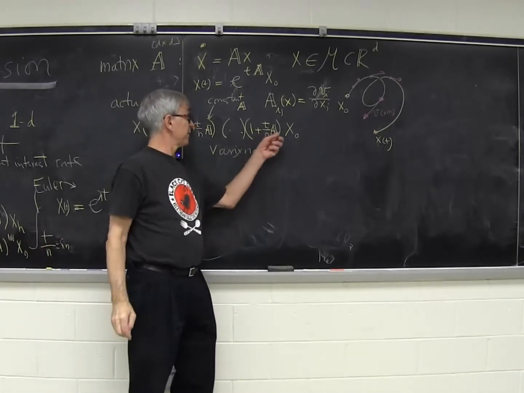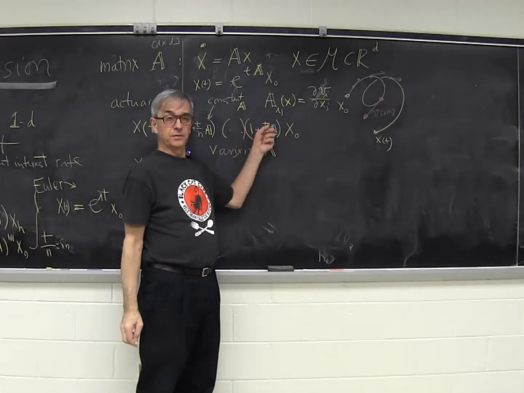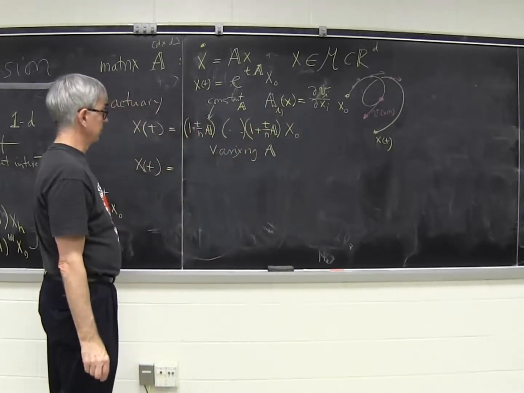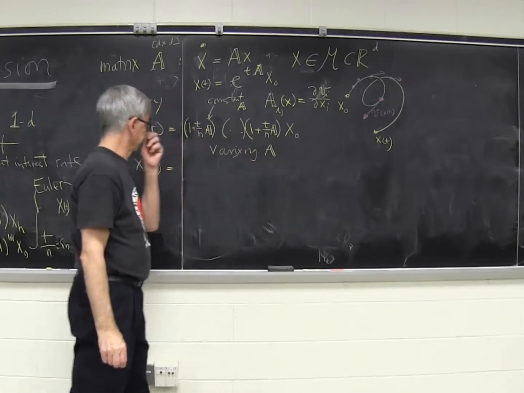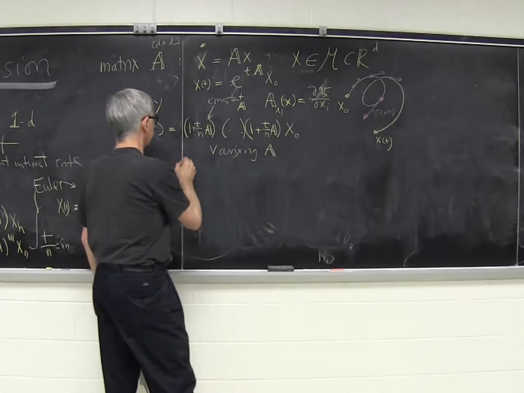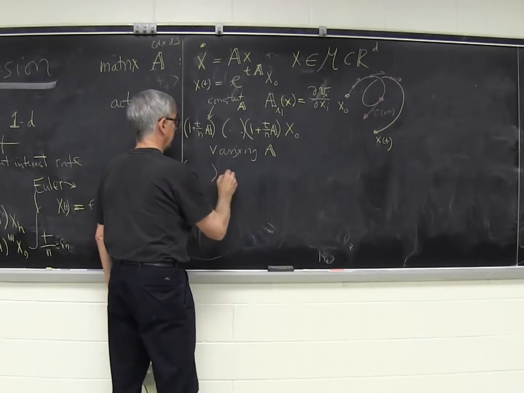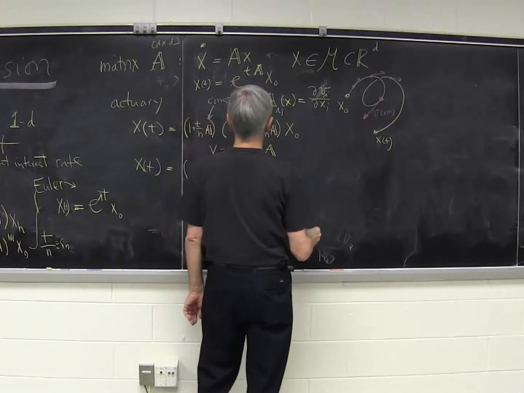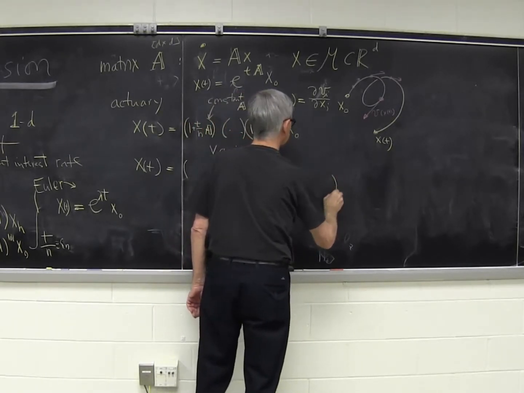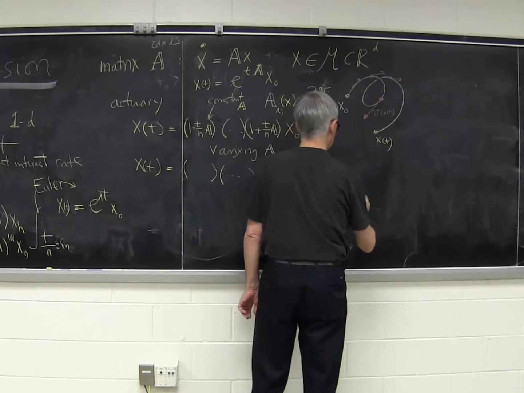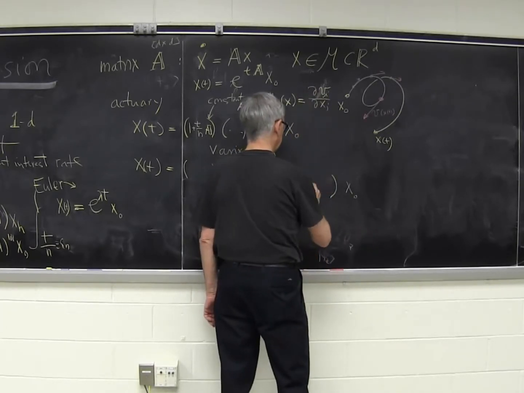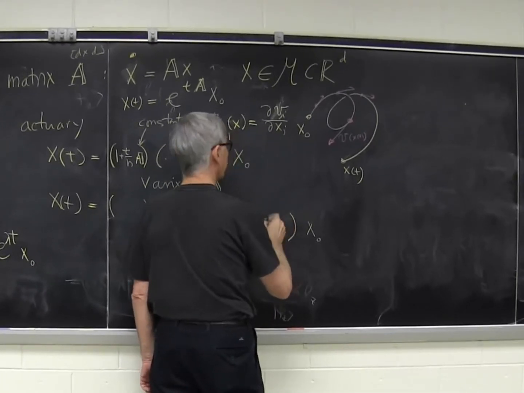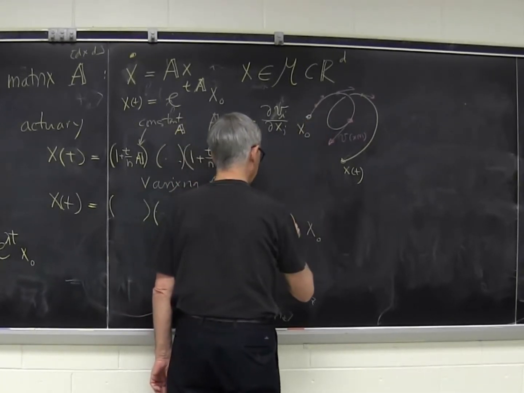And now what happens is, these are matrices, and in general matrices don't commute. So I'm not allowed to change their order. So this will now be a product, my discretized product of n terms, starting at x0. And the first time I will measure the shear around my initial point.